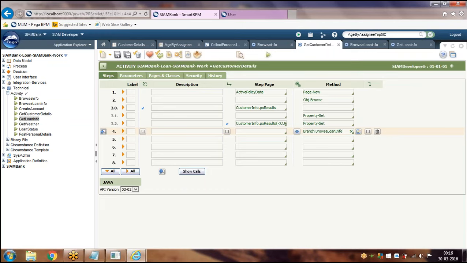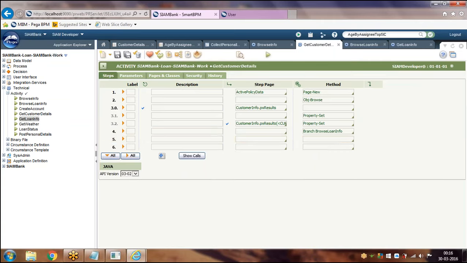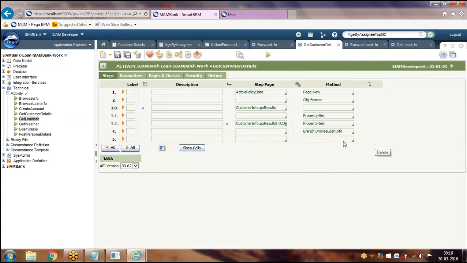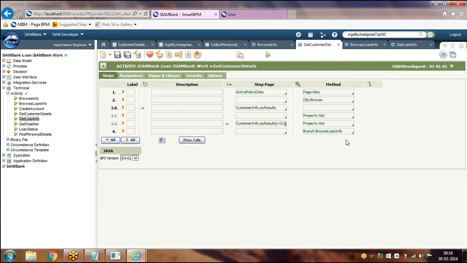So you can call a list view. So you can call a summary view. We have a default activity to call the summary view, but to call the list view directly you have a method, whereas to call a summary view you don't have any method directly. You have an existing default activity, using that you can call a summary view. That is nothing but Show View.